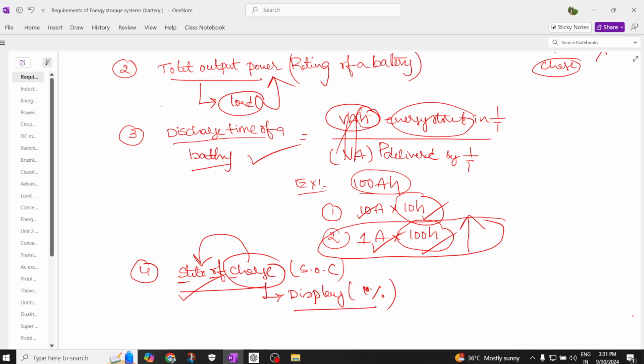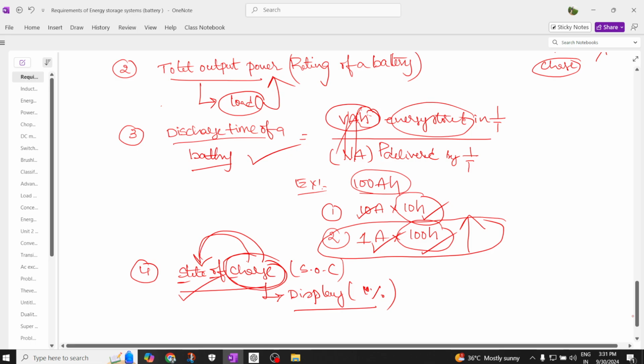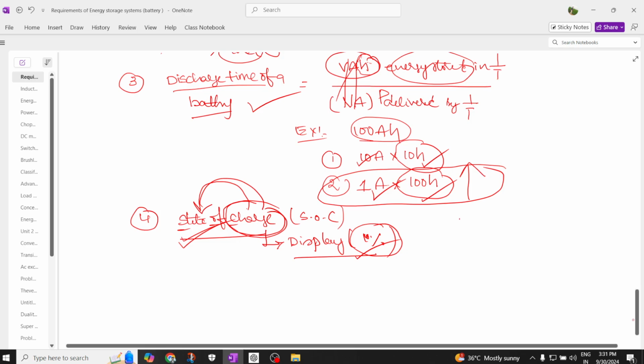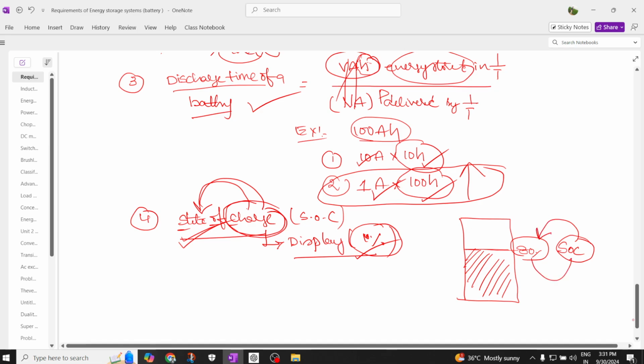So this state means what is the charge state, that is, how much charging is available in percentage. For example, you have a healthy battery and only 80% charging is shown in green color. So only 80% of charging is available. In layman's language, 80% is available, and this 80% is called the state of charge. And how much has already been used, 20%,